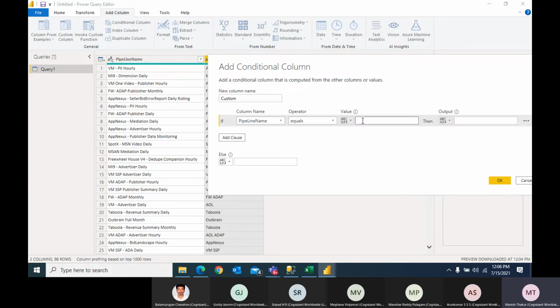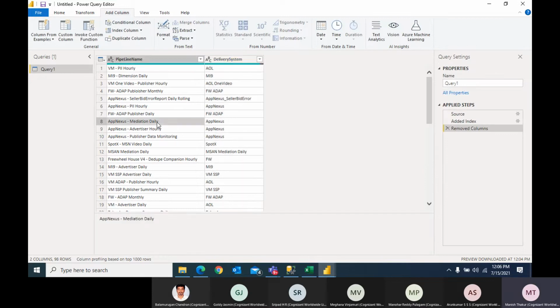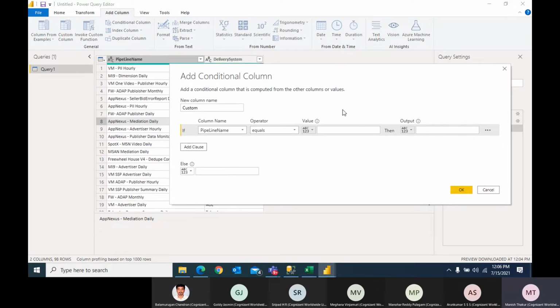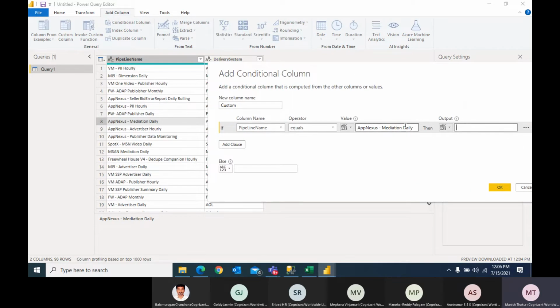Yeah, I'll just access. I don't take directly, it will not take. So suppose here I want to give the condition based on my pipeline name. When I select the pipeline, whenever I get this value, I will substitute that value with APN, something like this. Else also I'll give something, some true or false like that. I'll give it.